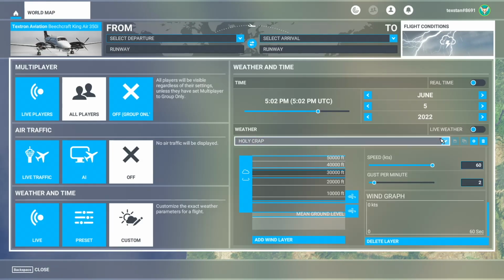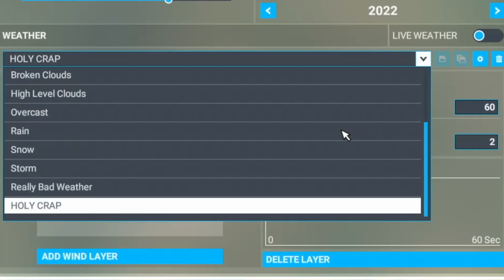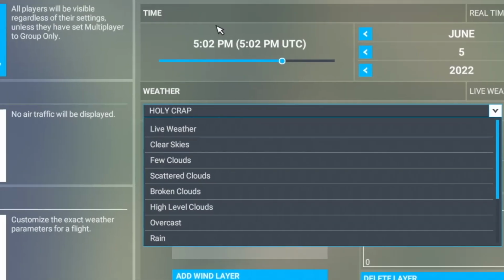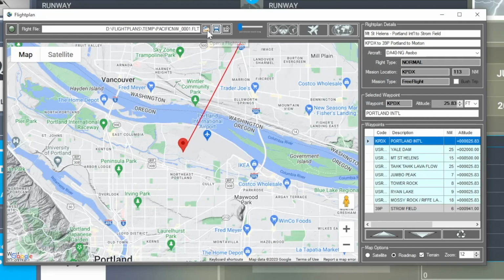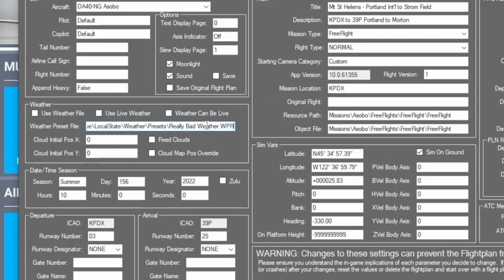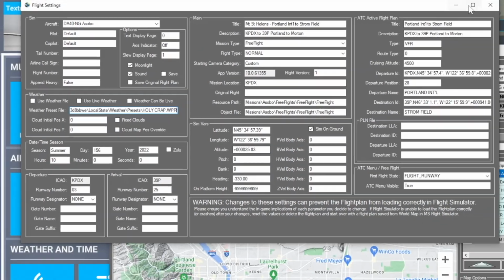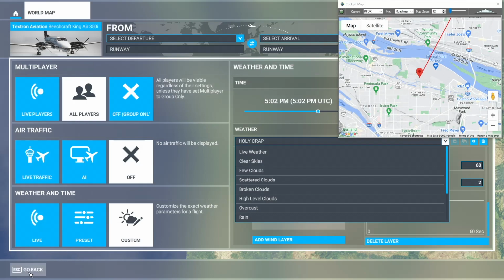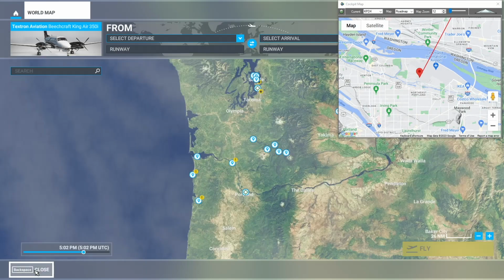So now, whether you're flying directly out of World Map or you're creating flight plans in Flightplan, you have these additional choices that you can use if you want to preset your weather. So now that I've got that preset saved, I don't have to copy my entire file path over anymore. I can just change the file name here. They're all going to end up in your weather presets directory. So if I just change the name to my new name and then load that flight plan in World Map,